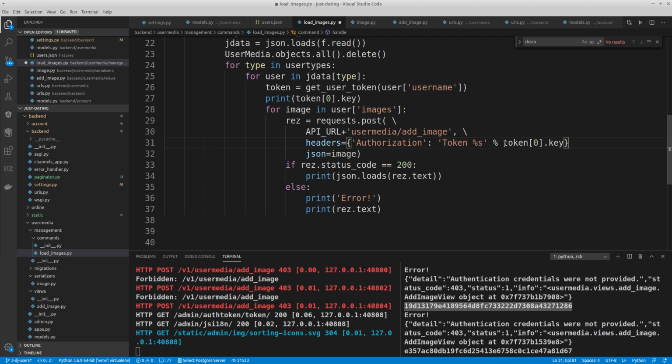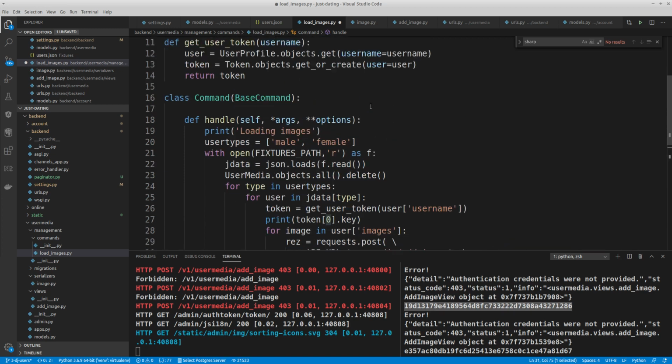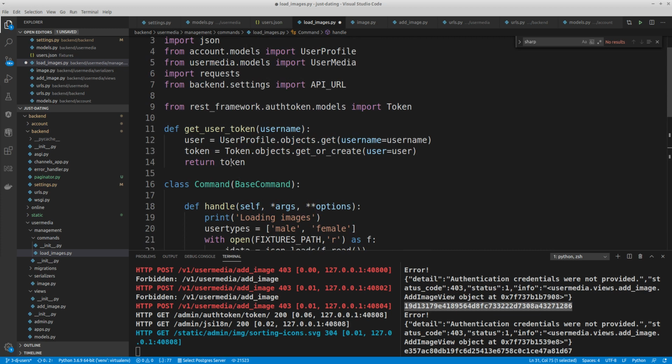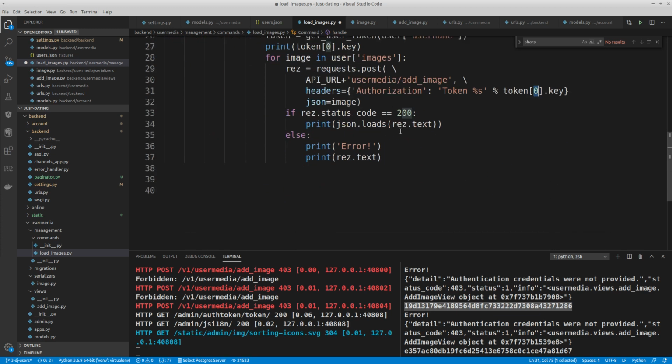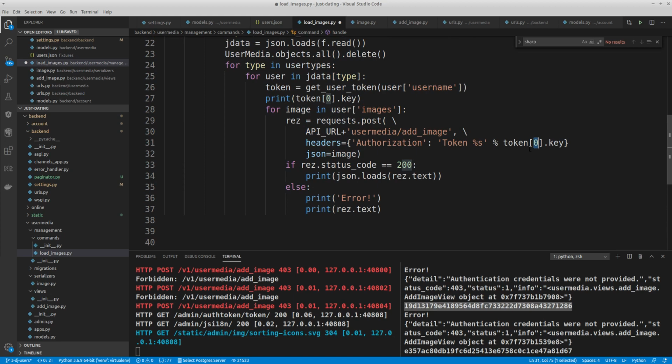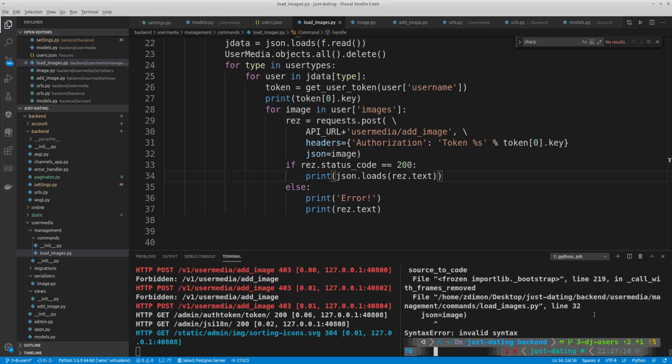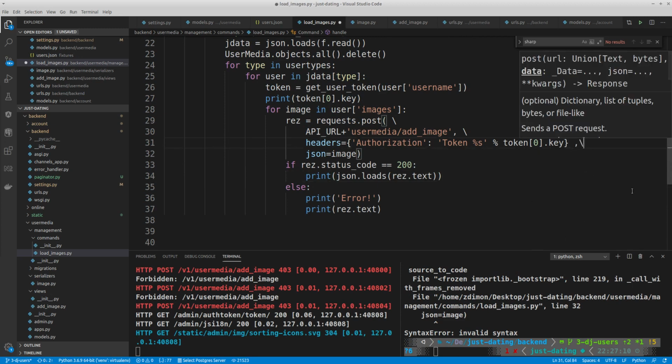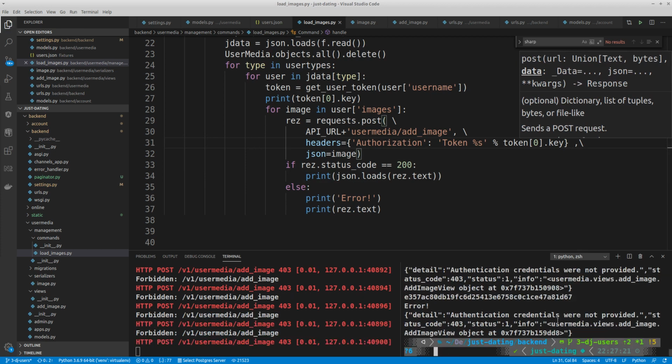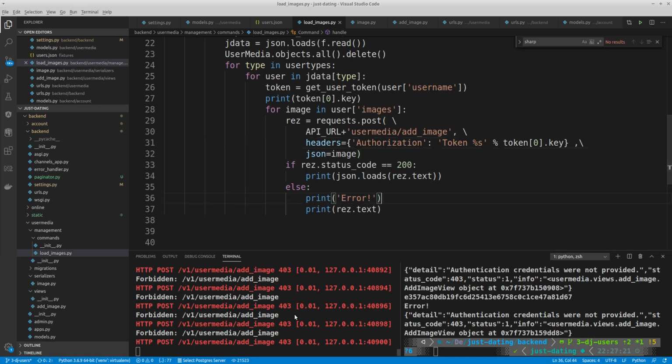And I extract the token from the first element of the tuple, because this function returns me the tuple. It consists of 2 elements. So let's have a try. Oops, sorry, I have a syntax error. And I still have 403